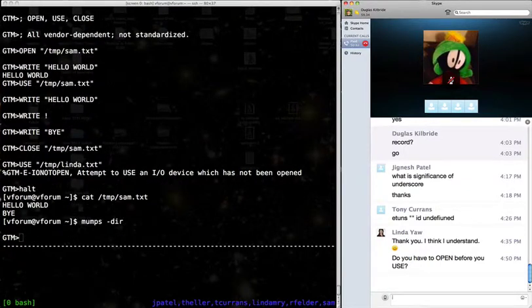So I'm going back into MUMPS. Now this is good. Let's actually try to read back the file that we just wrote. It essentially works the same way. We're gonna do open again temp sum.txt